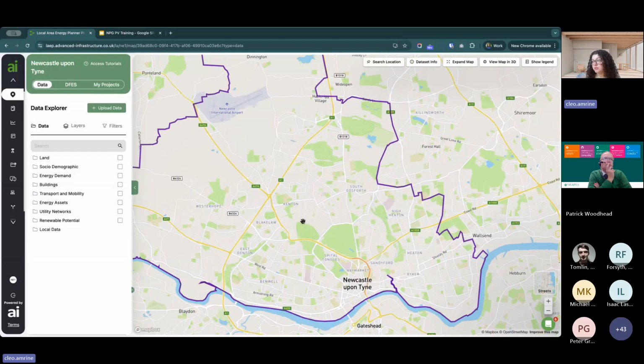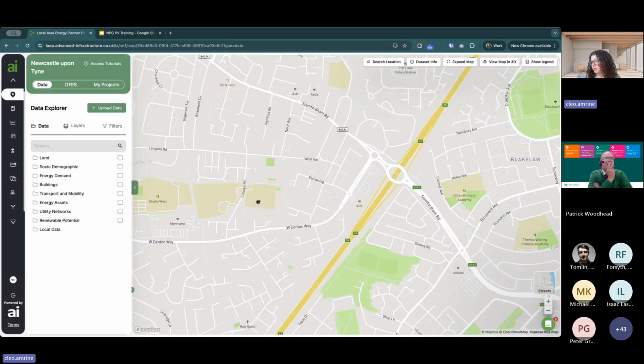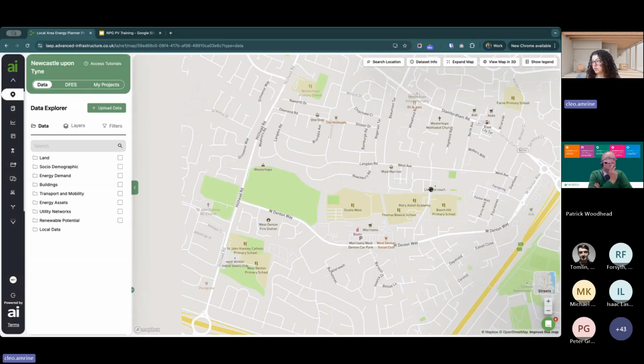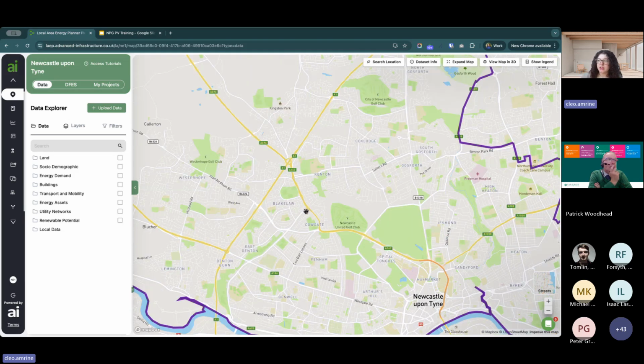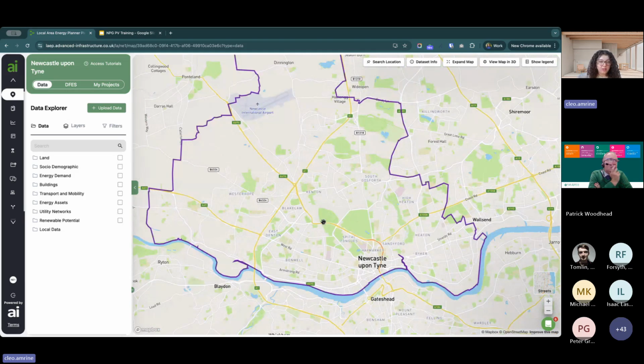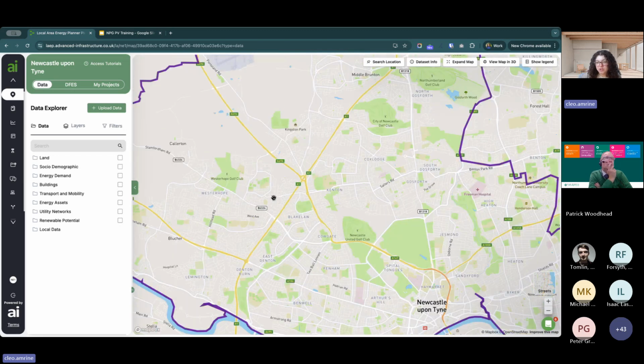So the first thing we want to do, when we're looking at the map here, it is quite clear where the schools are. You can see them highlighted in these sort of yellow polygons on the map, and we know that those are schools, but it's still going to be difficult to identify specifically the school buildings when we're looking at an area, especially if you're working with a larger local authority area. So we want to be able to filter out just school buildings, which we can do by going into this buildings folder here and then downloading the address-based premium dataset.